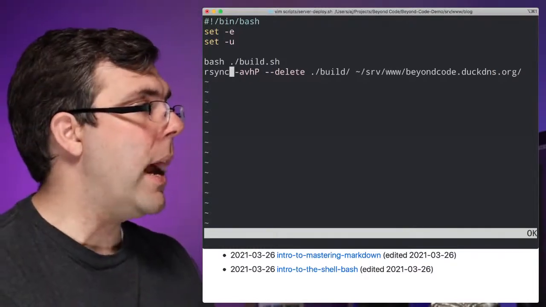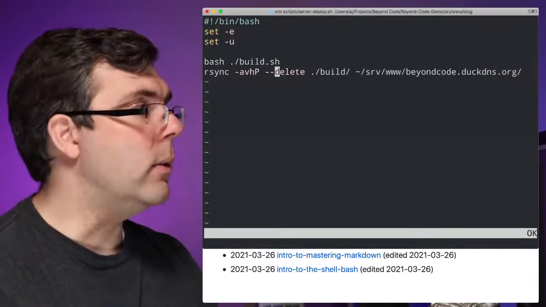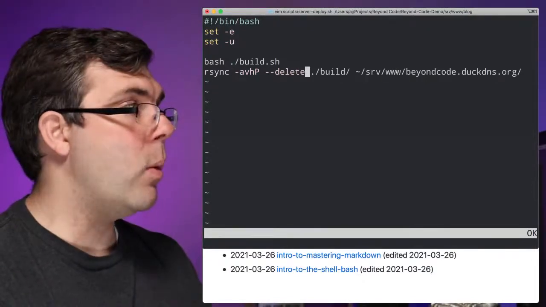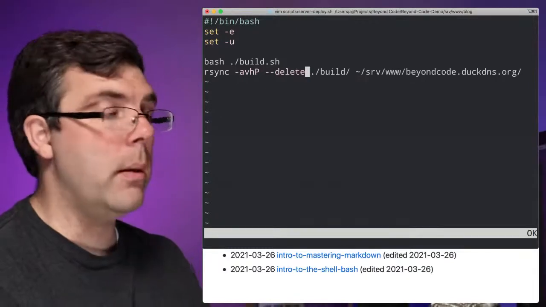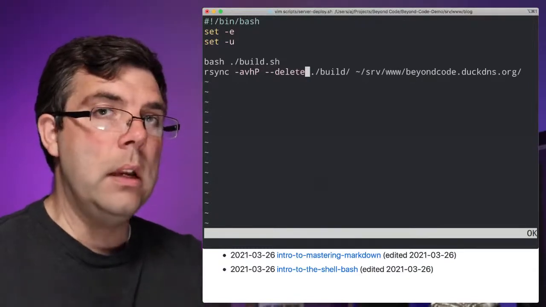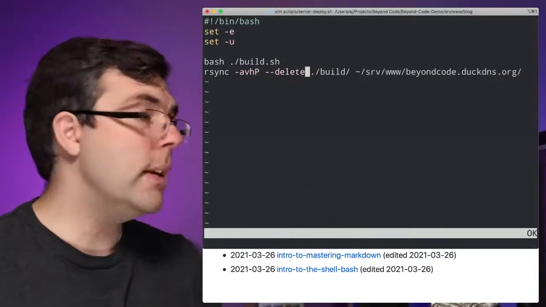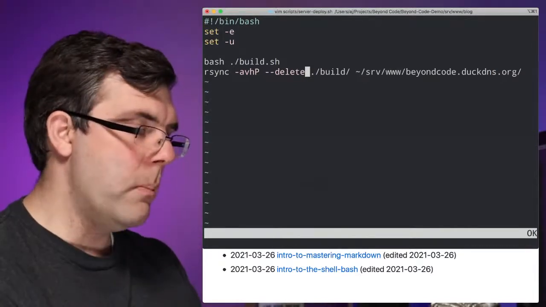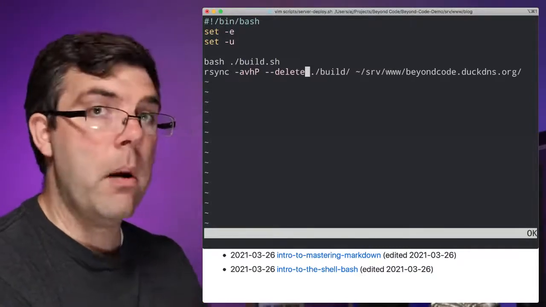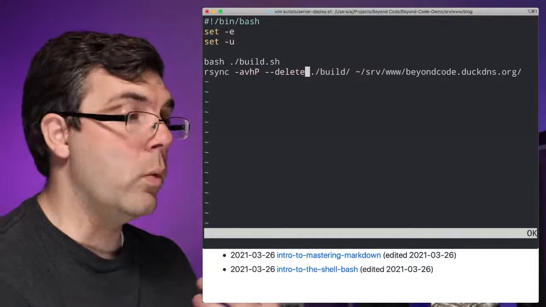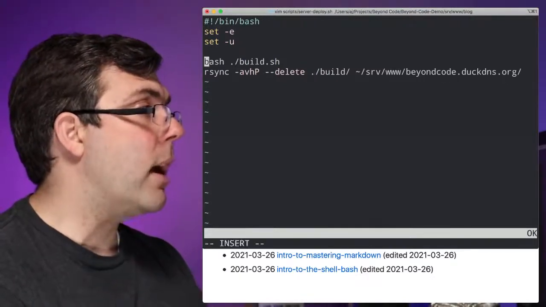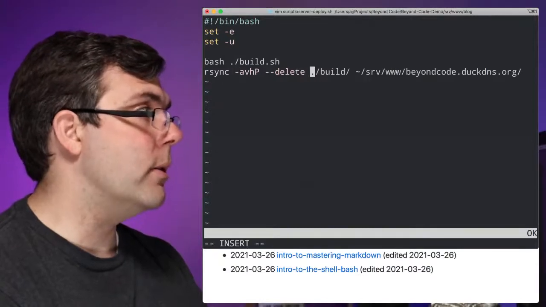So we could also use a backup flag. I'm not going to use that in this case because I know exactly what I'm doing, and I'm not worried about having any losses because I'm only going from an authoritative copy to an ephemeral copy, as it were, on the server. But most of the time, if I'm going to use delete, if there's any sort of question about possible data loss of original files, I'm going to be using the backup and backup-dir options, which look like